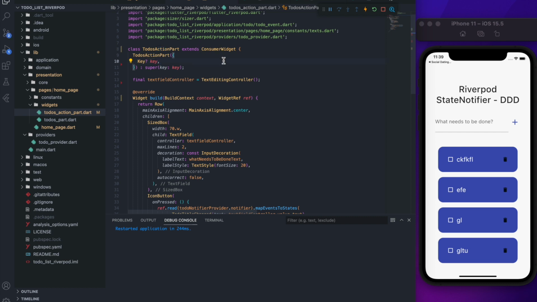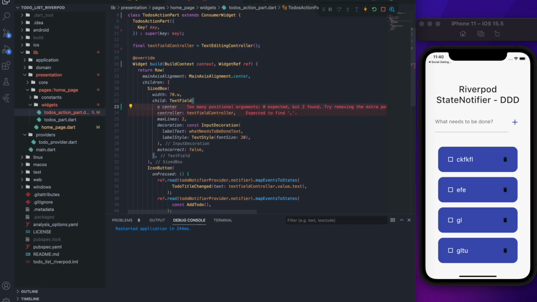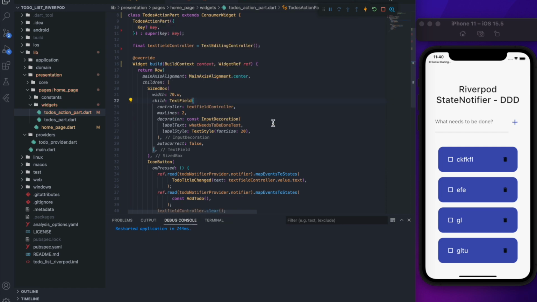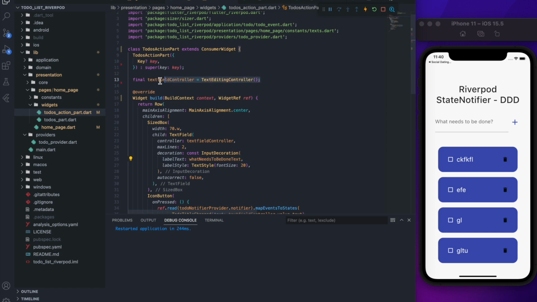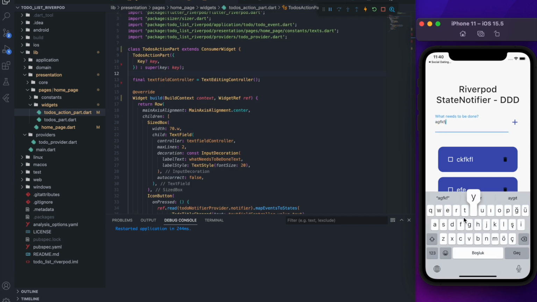Yeah, we have a ConsumerWidget. Why? Because we want to do something. For example, when we click this button, we want to add an item to the list, right? Okay, anyway, we have a text field controller. We will not use onChange methods in here. OnChange, we have not used this. Yeah, we just use the text field controller's value. And we have a button, we have a text field. When we write something, it goes to the text field controller. And when we click this icon button